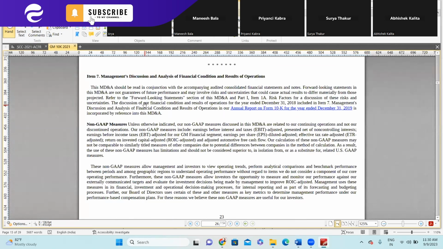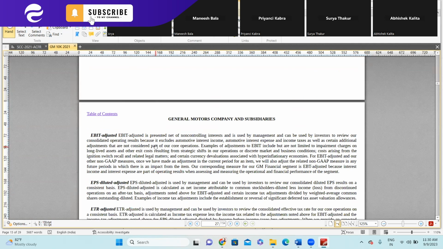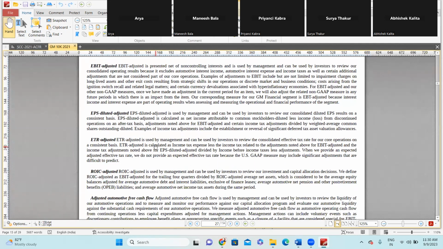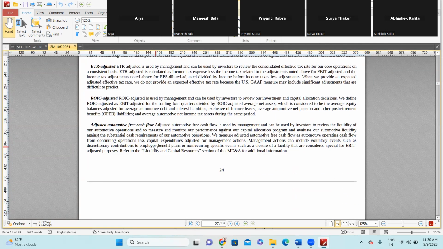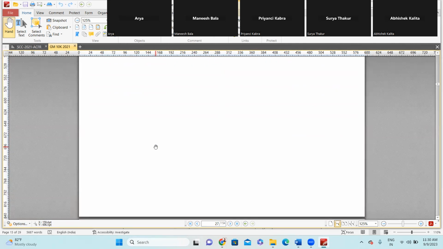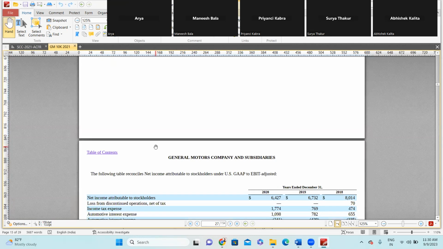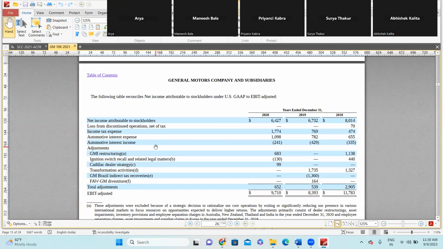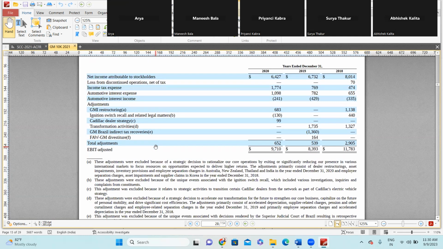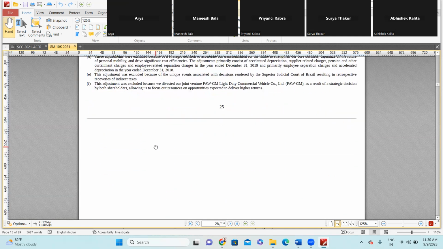Now, when you see any for-profit organization's management discussion and analysis, what all information they provide, if you just take a look at the EBITDA, EPS, ETR, return on investment. So these are explanatory information over and above the financial statement. To be very honest with you, it is more about explaining the items or amounts disclosed in the financial statement, in addition to notes to accounts. So this gives the management point of view for the respective account balance, transactions, statistics, or